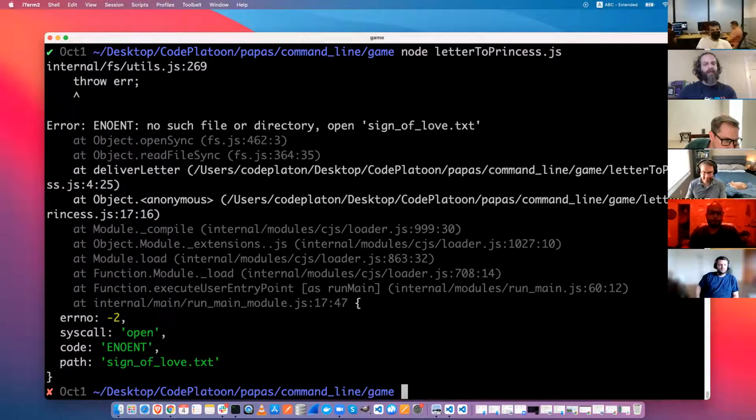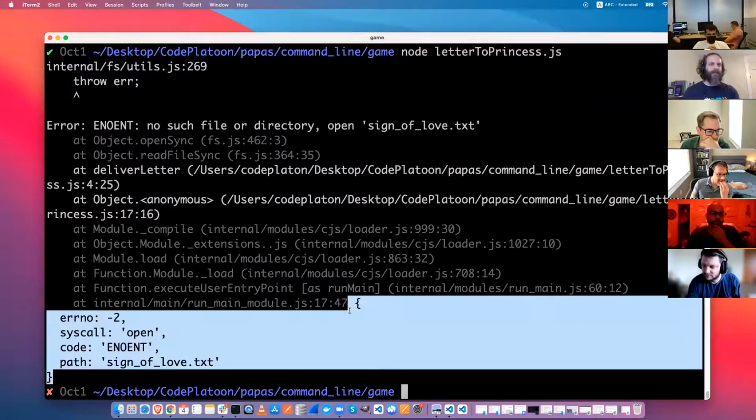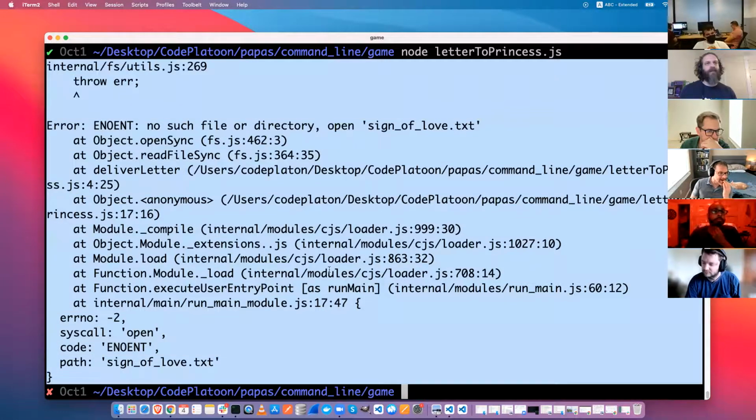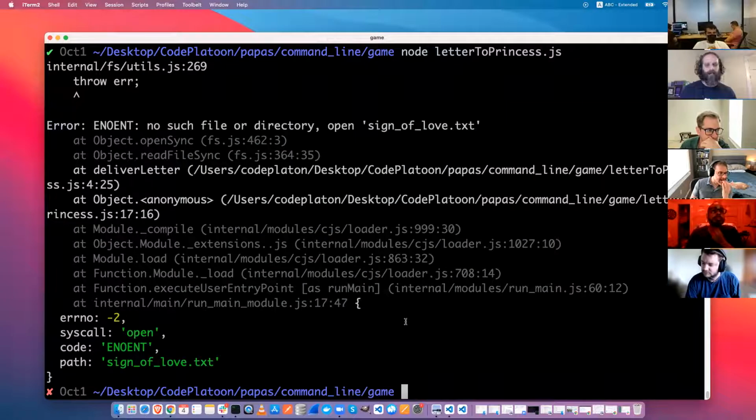So I should probably start freaking out, and maybe I shouldn't be here. I'll never be a good software engineer. We just got an error. How could that possibly be? There's a lot going on here. It's a whole bunch of text. Or we could go ahead and read the error since that's step one. Freaking out can be helpful, but sometimes it's good to actually read the error. That's what I turn to normally.